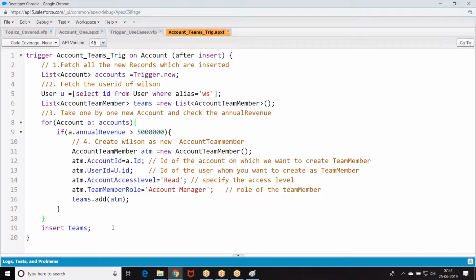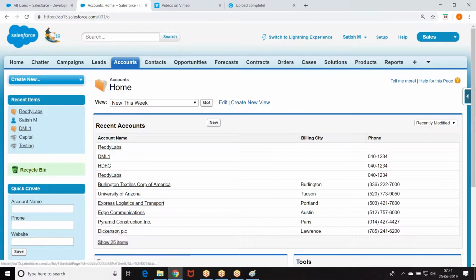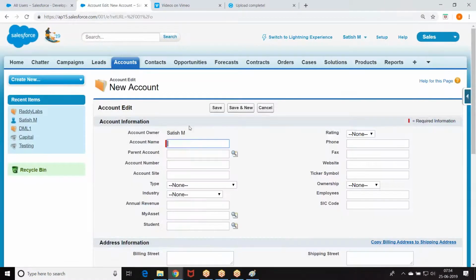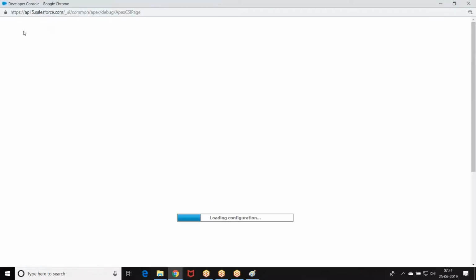Yeah, but I got the point. But when you say the opportunity line items, let's say we are creating 10, so this trigger will fire whenever each record is created, right? Now you're not trying to understand my point. Can you guarantee that I always insert one record? Now you're only looking at this way of insertion, boss. Now I want to insert the record like this. Then tell me what will happen. Now look at my requirement.